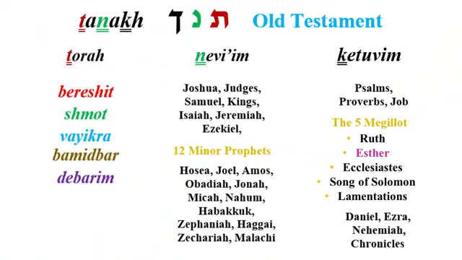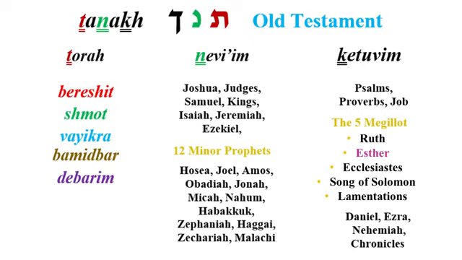And the way they get the word Tanakh, the first 5 books of the Bible are the Torah, so there's your T. And then you have the Nevi'im. Nevi is the Hebrew word for prophet, and if you pluralize it, Nevi'im, the prophets. Okay, and there are 7 major prophets and 12 minor prophets, and they're just determined a major or minor by the size of the book.